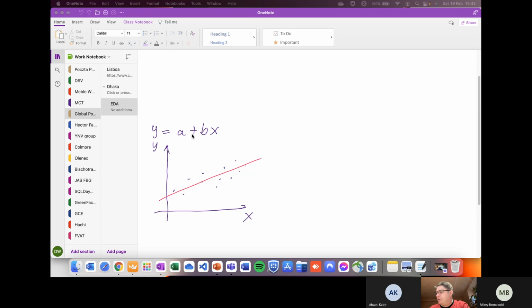Maybe this one is better. Or maybe we have another function, and maybe this one is better. Which one fits the best? That's the question here. And that's the question that we have to answer using our SQL statement